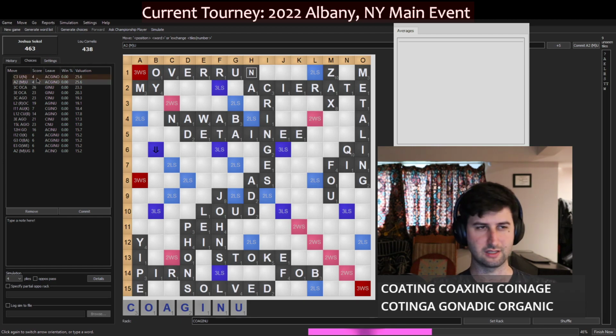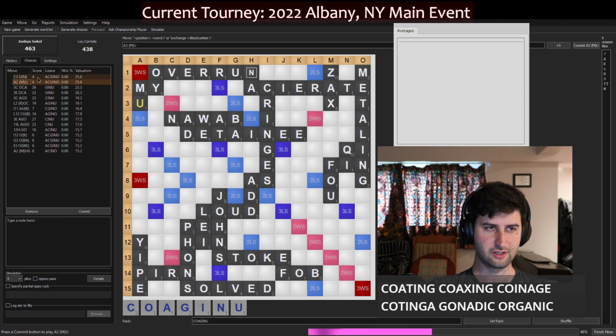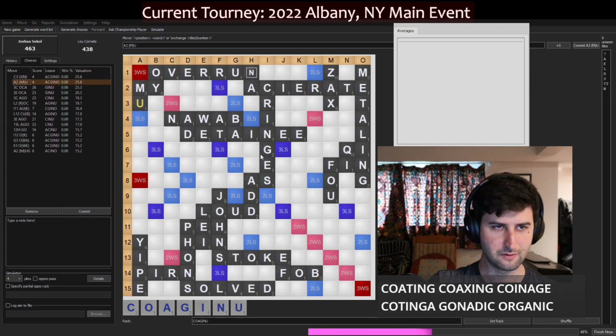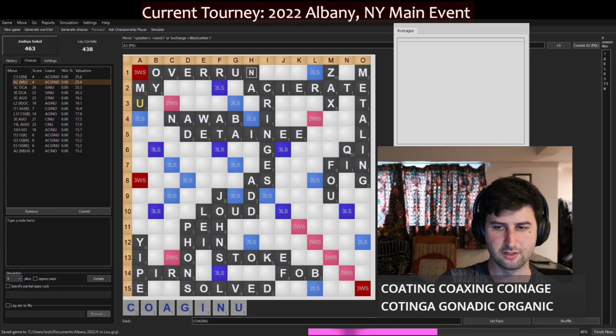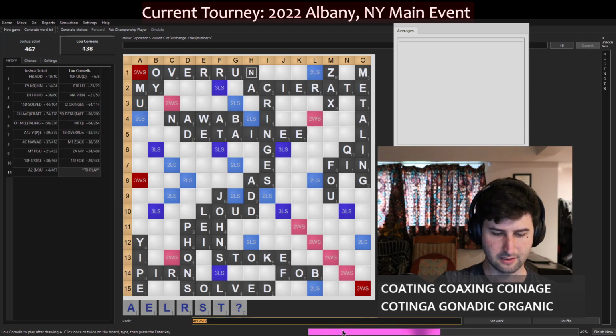I was hoping that Quackle would finish thinking while I was talking, but it has not. So I'm going to end the simulation because it's too complicated for our poor computer over here. So MU is played,